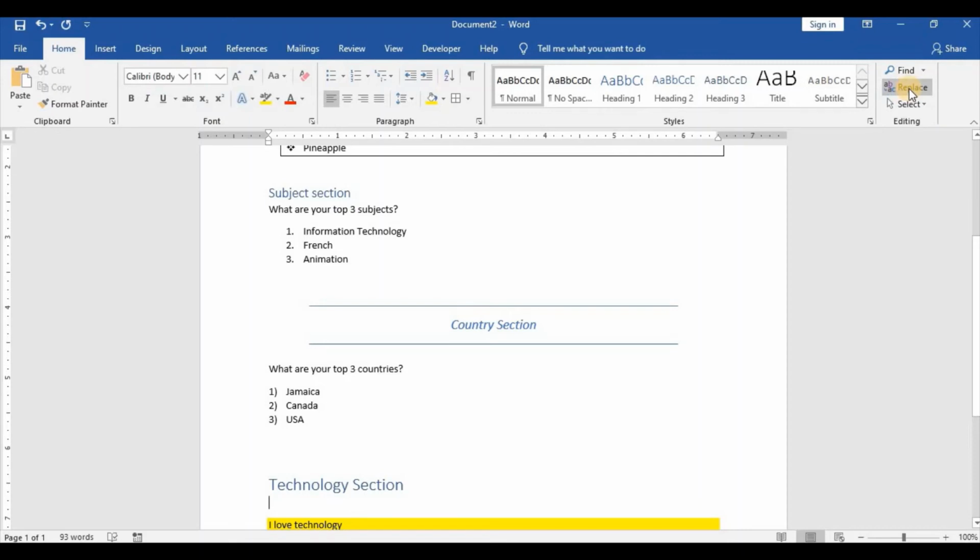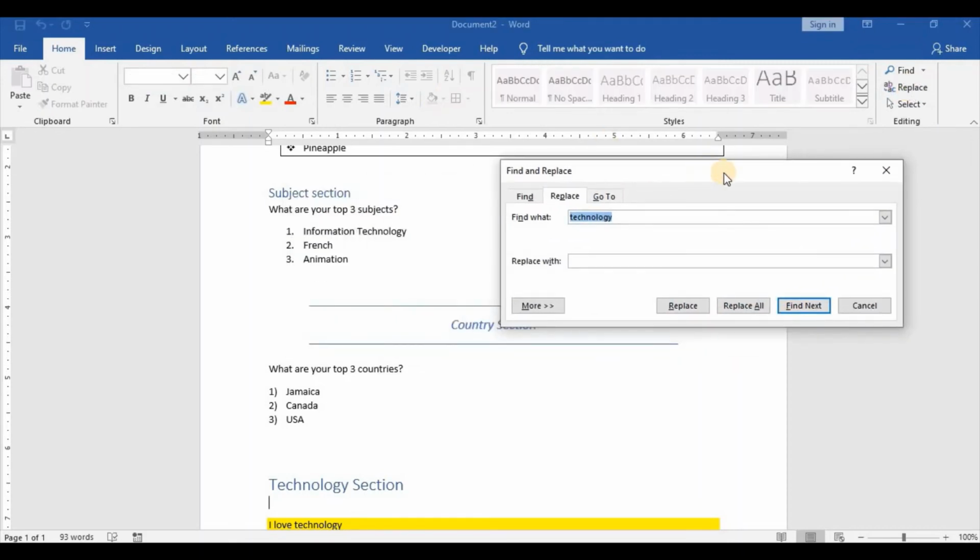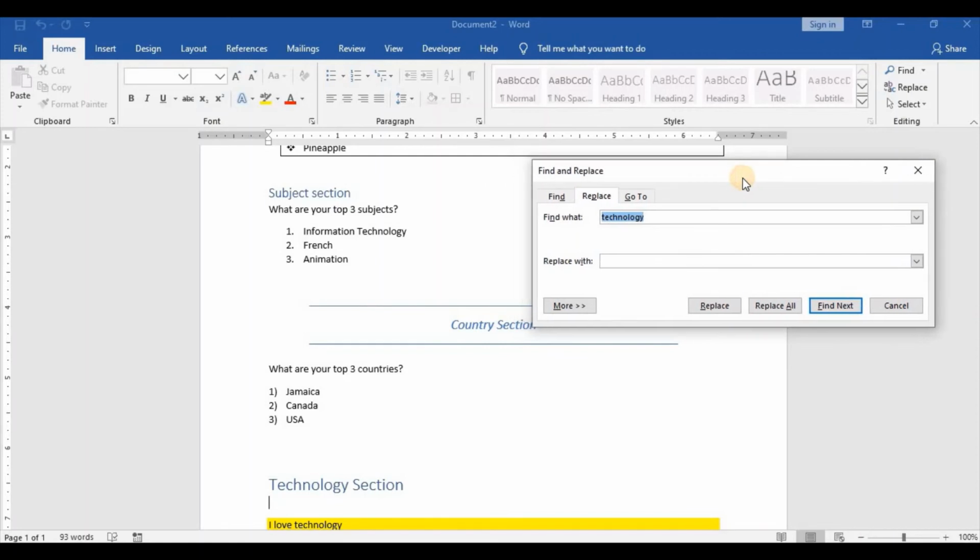The second option, replace. So replace appears in a pop-up box, and the replace works with the find. So in order to replace a word, you must be able to find the word, another word that is there that you want to change the information for. So let's say we want to change the term subjects, and we want to find the term subjects, and then we want to replace it with let's say modules. So as you can see, currently we are seeing the word subjects here,